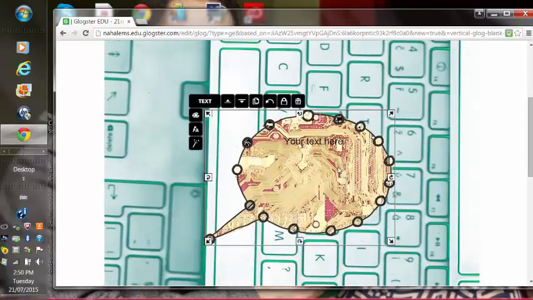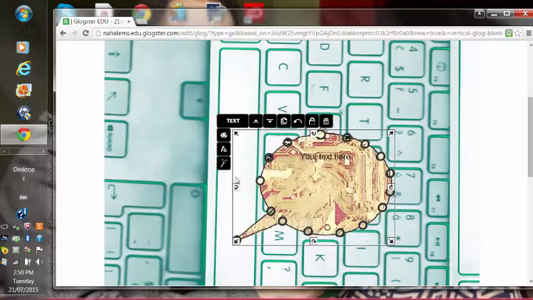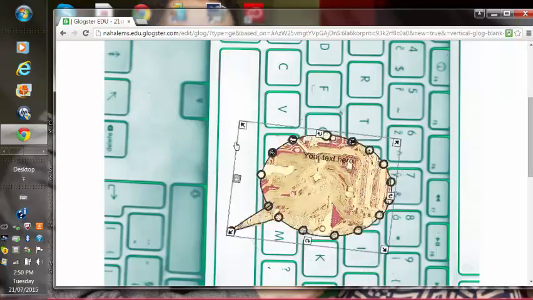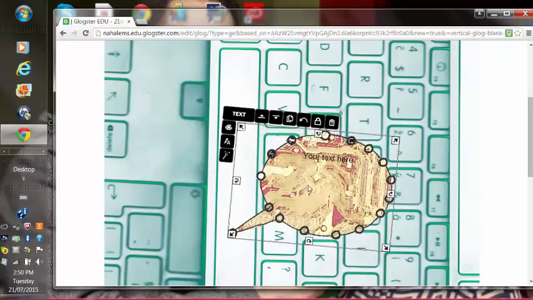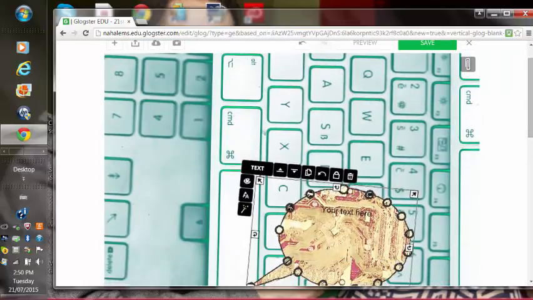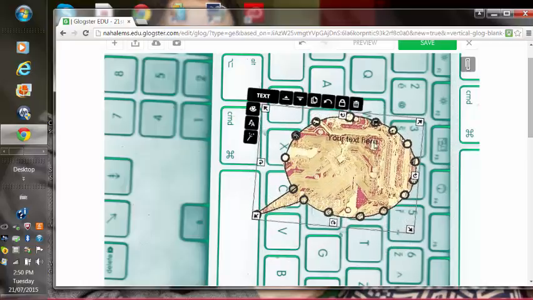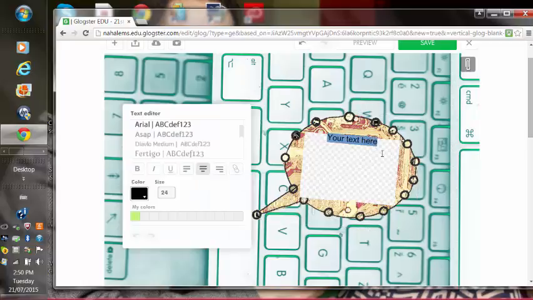Now if I want to change the size of it, I can just go to my little anchors here, and as you can see, I can shrink it, make it bigger, and also rotate it as well. Okay, so I'm going to put the text bubble right near the top. And I'm just going to add some text. So to add text, what I do is I'll just click twice. I can delete the default text, and let's say you